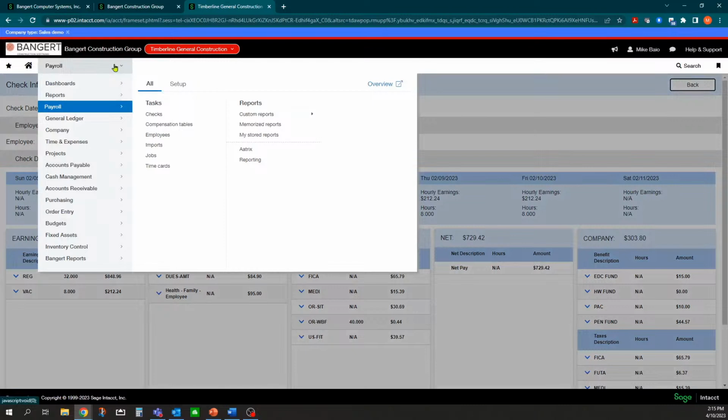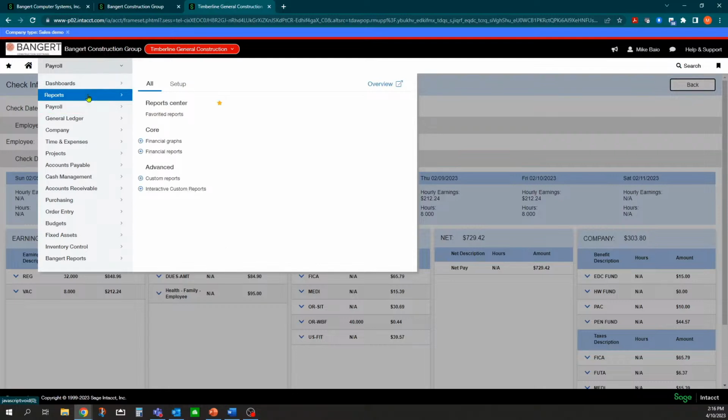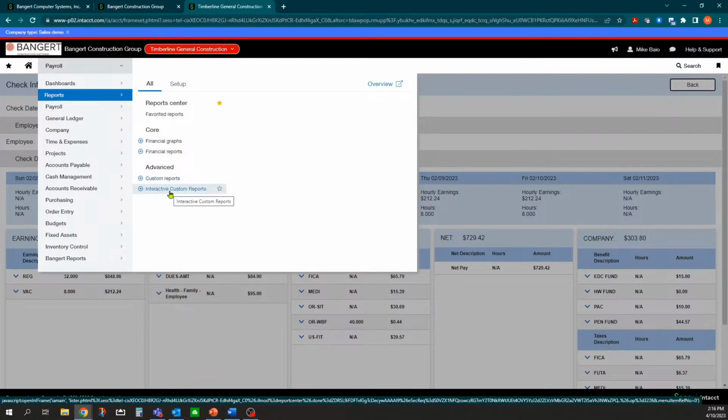The main option is going to be through reporting in the system. And in the system, you're going to have the ability to do reports. With payroll data, you can run reports via custom reports, interactive custom reports, which are ICRW reports, and you can also use financial reports. And for example, you could run a financial statement that is based on a P&L by employee.